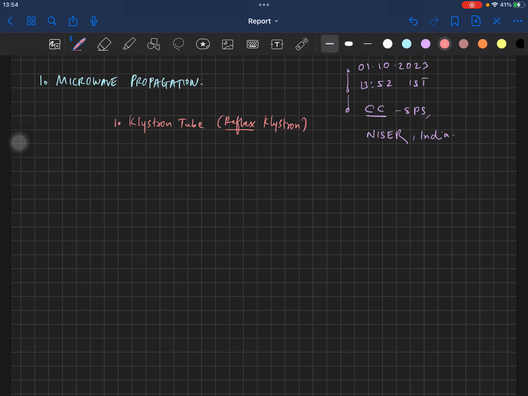Okay, so there are many aspects of reflex Klystron where I have some doubts. Okay, sorry, I got zoned out. So there are many aspects of reflex Klystron that I don't understand. So the first part of such things is